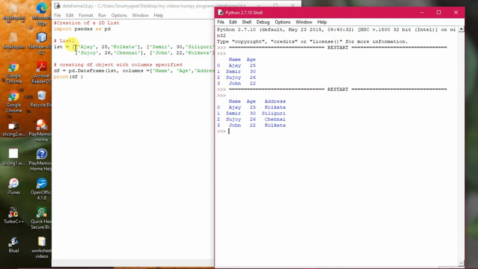So this is simply 2D creation. You can see the rows and columns are there. These are the columns and these are the rows. So this is the way for creation of a 2D list. All right. So I hope you understand. You can do your own program now by using this kind of data type.